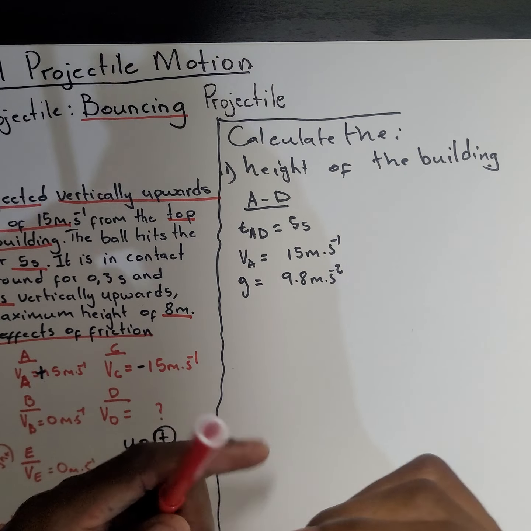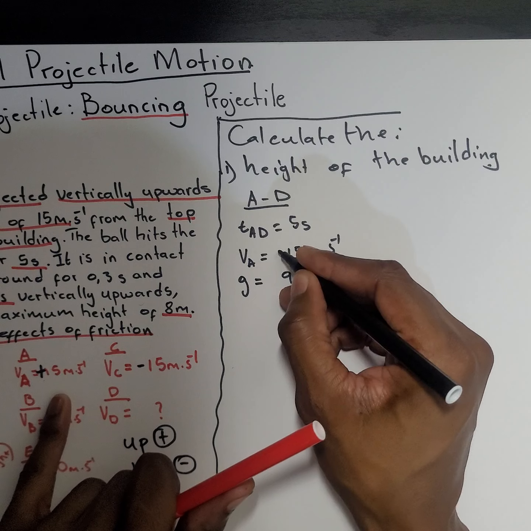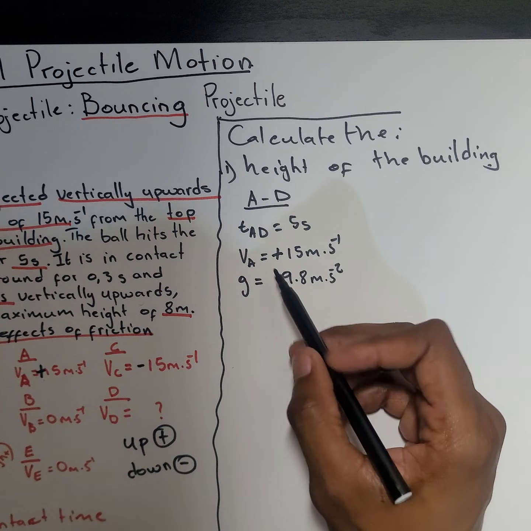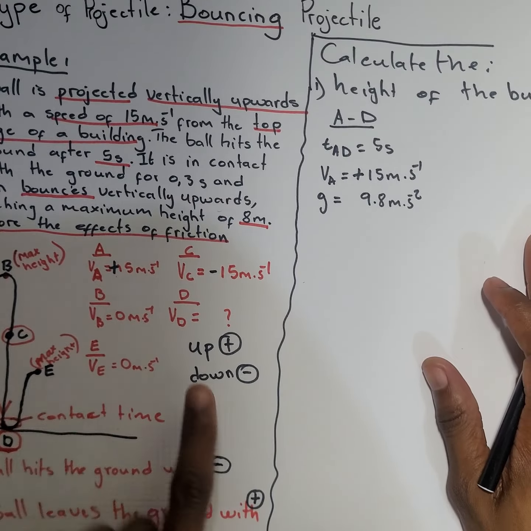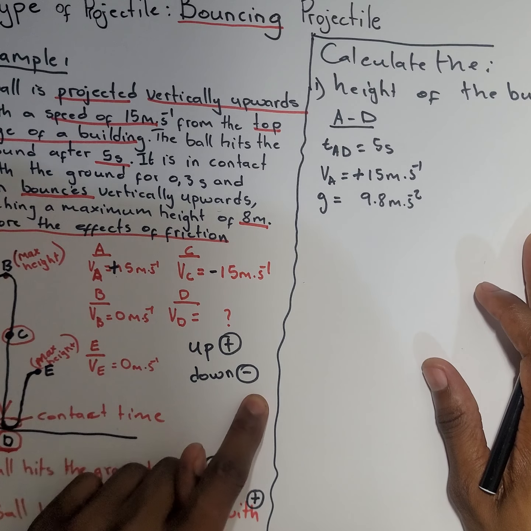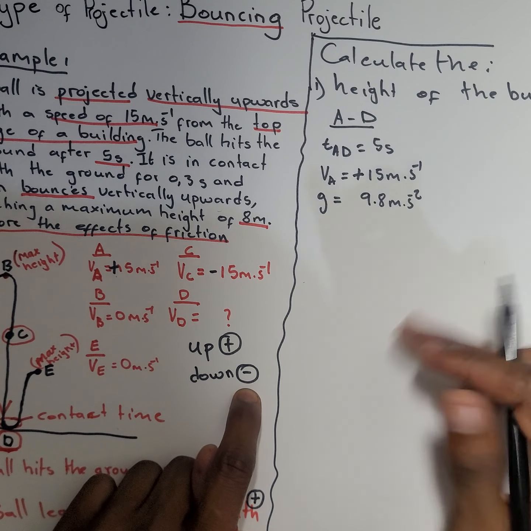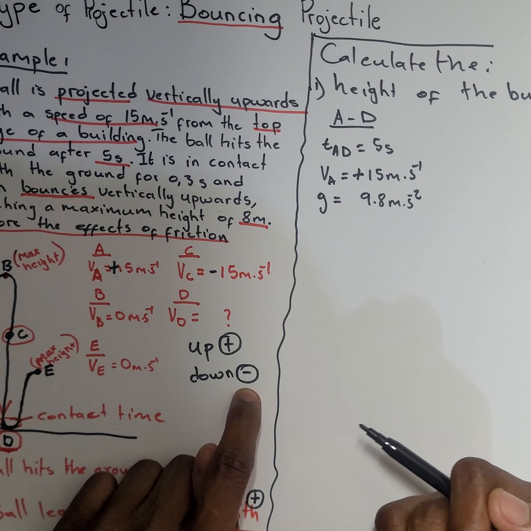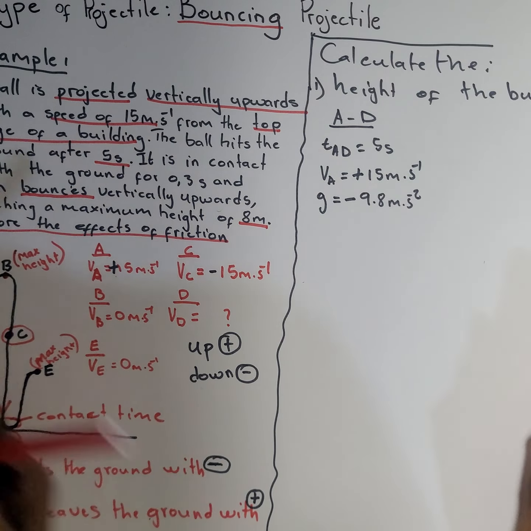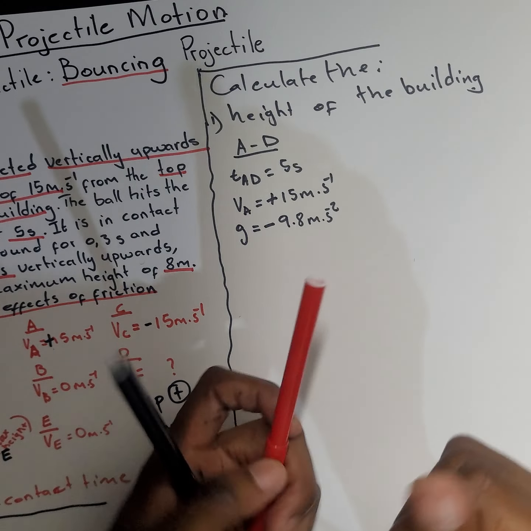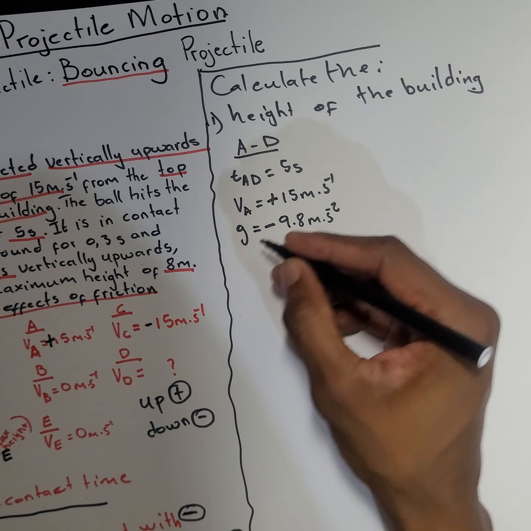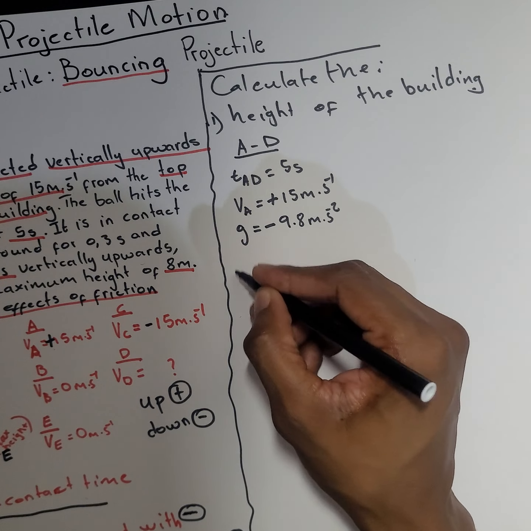And then let's now assign here. We said a must be positive, and then g must now correspond to this choice of direction of ours. If up is positive, down must be negative, and we know that g acts downwards, so it must be now negative. And then from there off, I have three variables, and when I look at my formula sheet, the formula that I can use there will be this one that says now